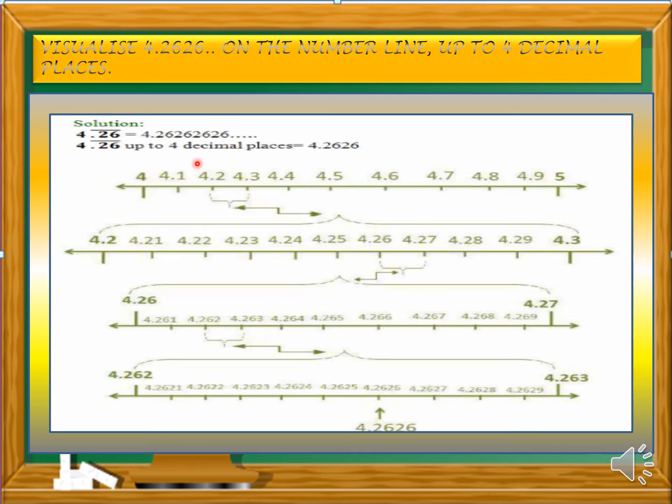So we are going to take a normal number line as we have said in the before slides. So in the normal number line we are going to take integers, that is of -3, -2, -1, 0, 1, 2, 3, 4 and so on. So in that particular number line we are going to take 4. So if we take 4, we have to take the next number. If we take just 4, the number line will keep on going as 4.9, 5.0, 5.1, 5.2 and so on. It will not be ending.